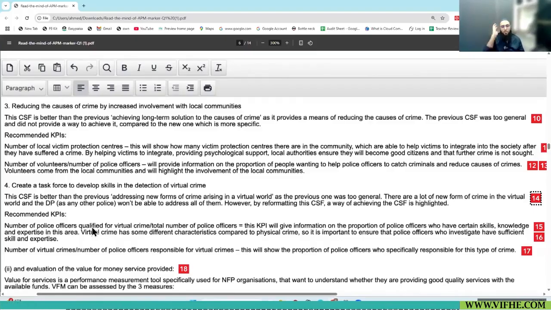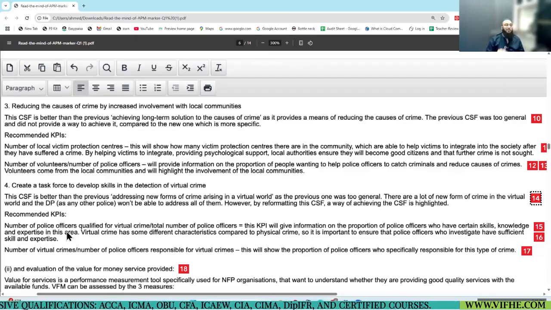Think of this, what sort of percentage will this be? This will highlight the qualified police staff out of the total police staff for this work. This KPI will give information on the proportion of police officers who have certain skills, knowledge, expertise in this area.